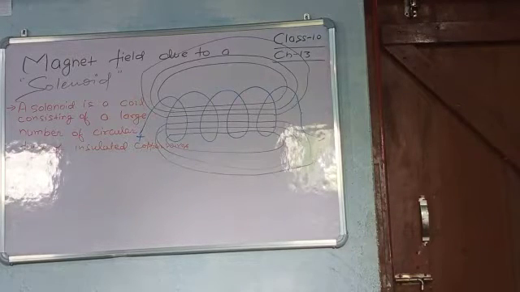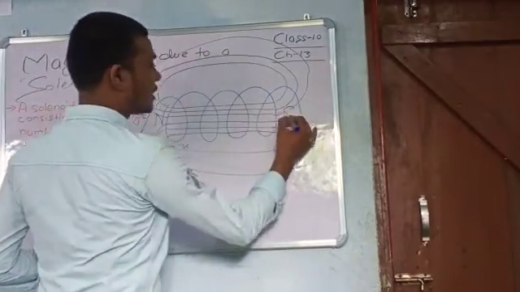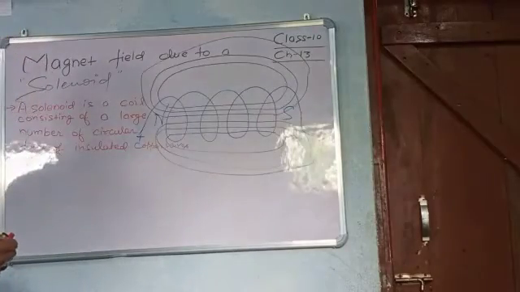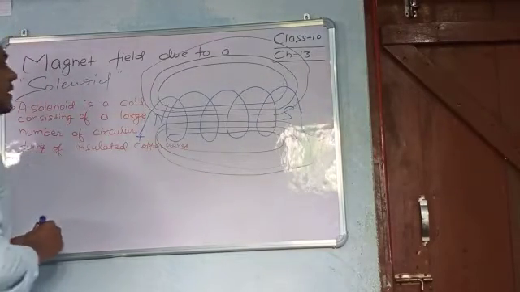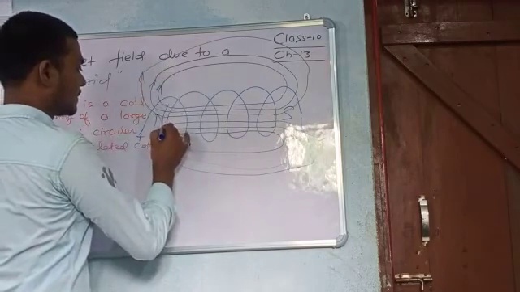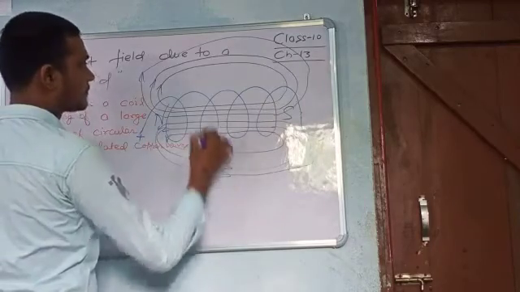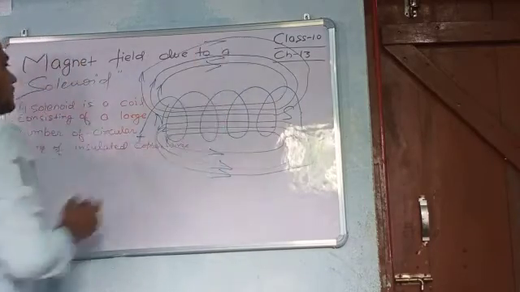The field lines around a current carrying solenoid are similar to those produced by a bar magnet. This means that the current carrying solenoid behaves as having a north pole and a south pole. Okay, if we say this is the north pole and this is the south pole of this magnet, then the magnetic field again goes from this direction.